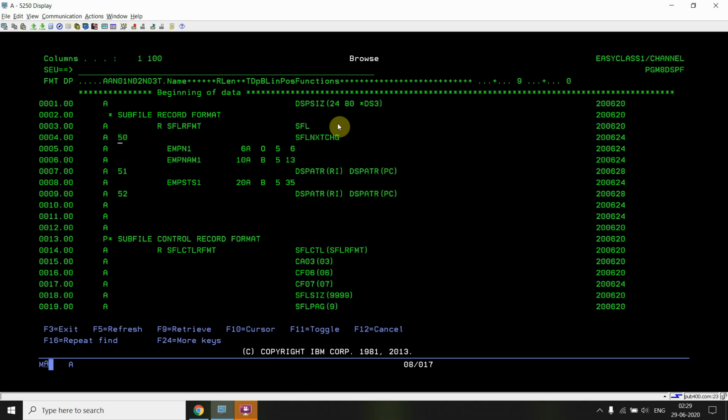Okay, and I used indicator 50, meaning when 50 is on, this keyword will be in an active state. So what does that mean? What is SFLNXTCHG? I'll be letting you know during my demo, because this is a very important thing.